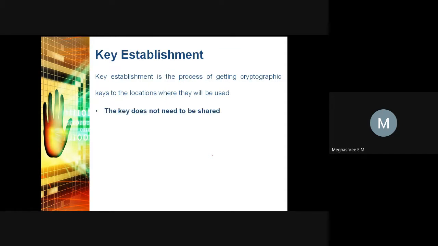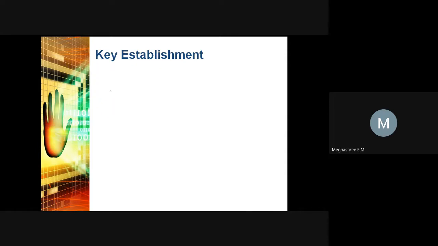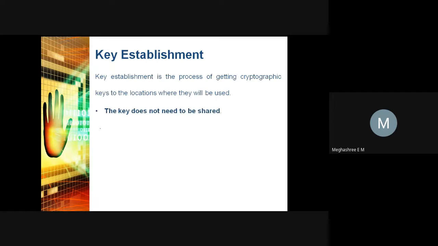In this phase of the key life cycle, you need not worry while establishing this key in different scenarios. Like the first one is the key does not,